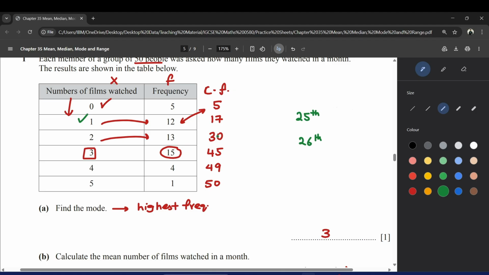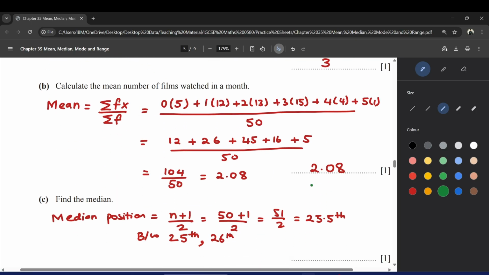After that, until the 30th term, it is 2 which is occurring. So therefore, my 25th term is also going to be 2 and my 26th term is also going to be 2. So if I try to work out the mean of these values, that would actually be the same, because 2 plus 2 is 4 divided by 2, which is the same, right? If you're trying to find the mean of two same values, it is actually the same. So therefore, the median is going to be,